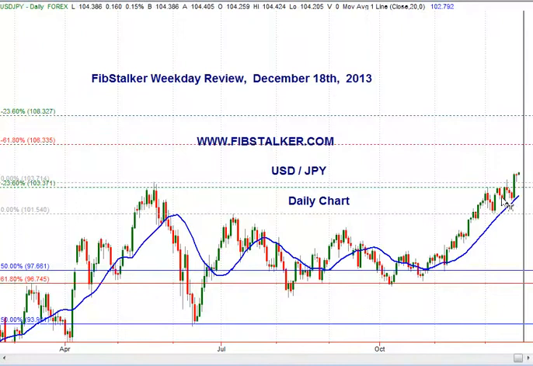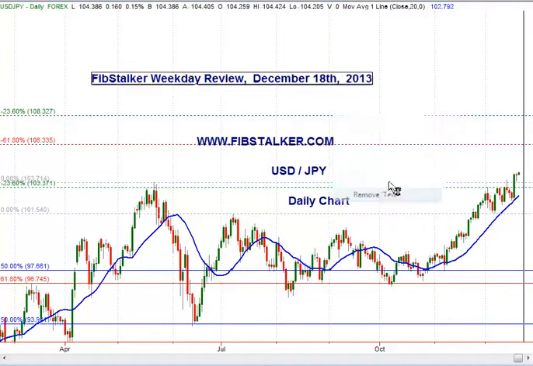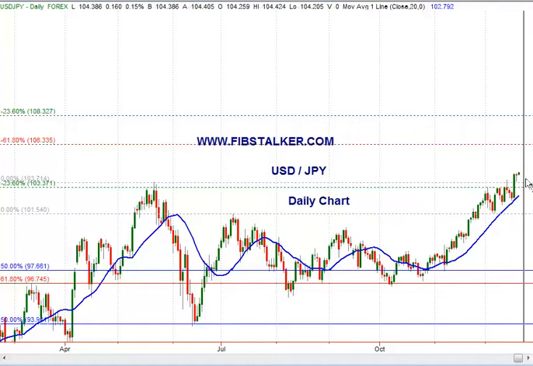USD, excuse me, versus Japanese yen. I'll remove this. This is the old one. Today is December the 19th. This just continue higher into the second target of 106.33 of this measure move that we showed